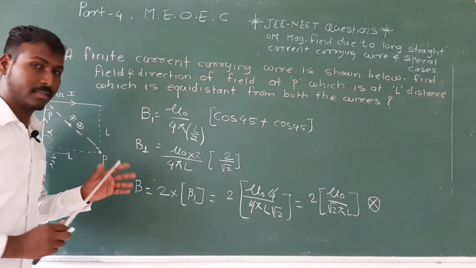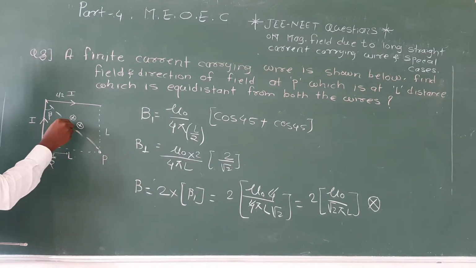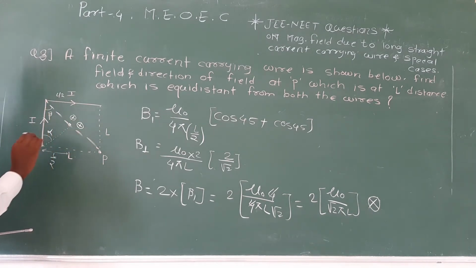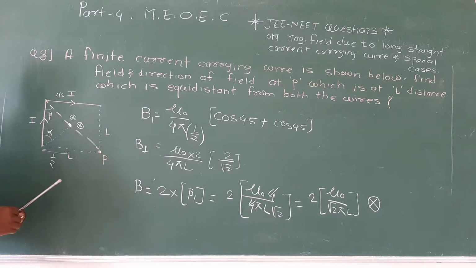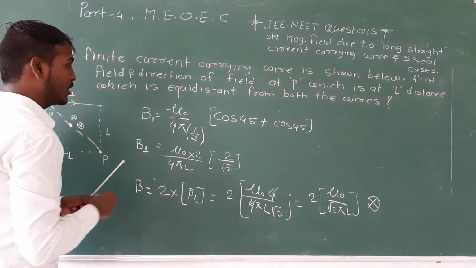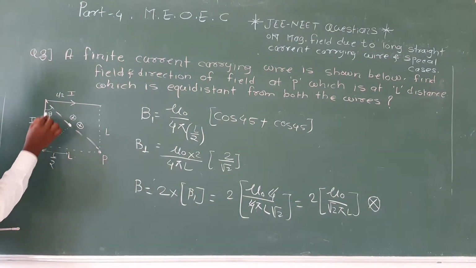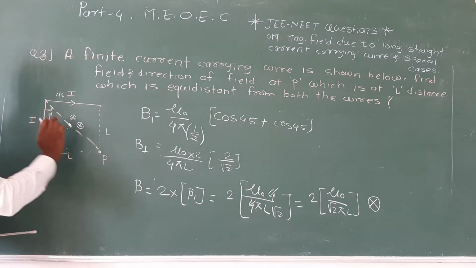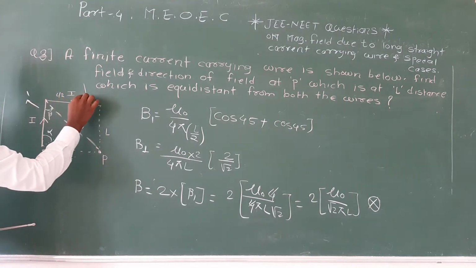Okay, see once again carefully what we have done. We have taken this point, we have shifted the point here at L by 2 distance, that's it, nothing more than that. So we initially find out the magnitude of magnetic field at a point P here due to this conductor, which is inside. So the distance is L by 2, you know that mu 0 upon 4 pi r, r can be replaced by L by 2. Now the angle, see here, this is the alpha, this is the beta, because this is the point. So 90 is the whole angle, so 45. So we got the B1, which is due to this conductor. This is the first conductor and this is the second conductor.